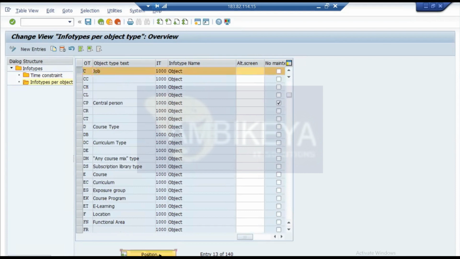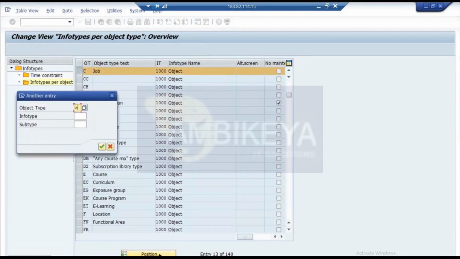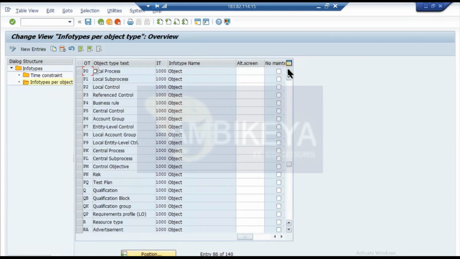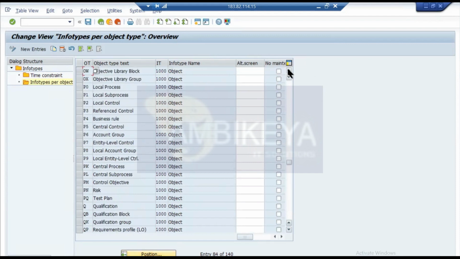You will have position, that is S. Person is not an org unit object; person is attached to a position. So for 1000, it is the object name, the name of the info types, and you have assigned